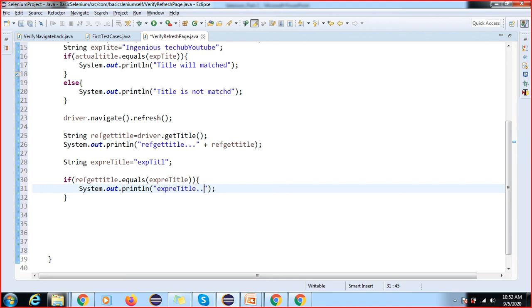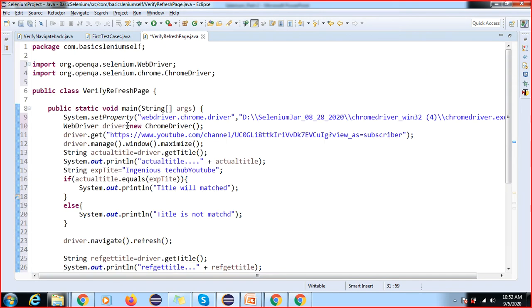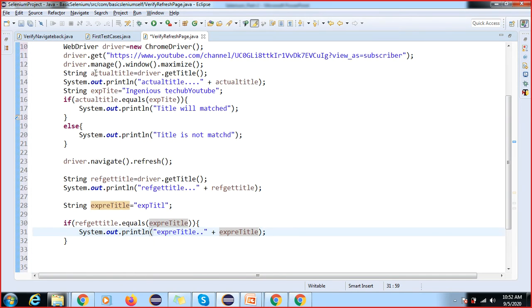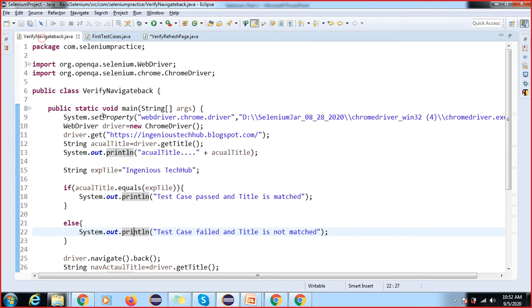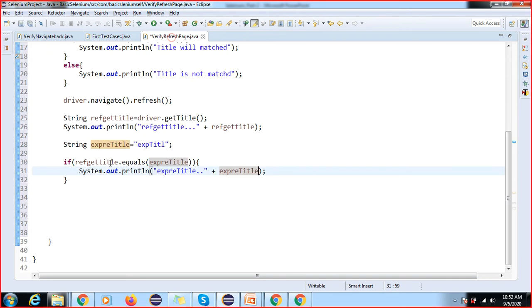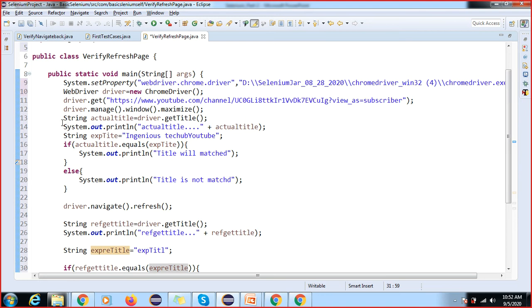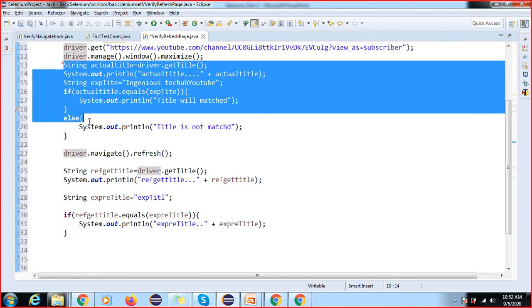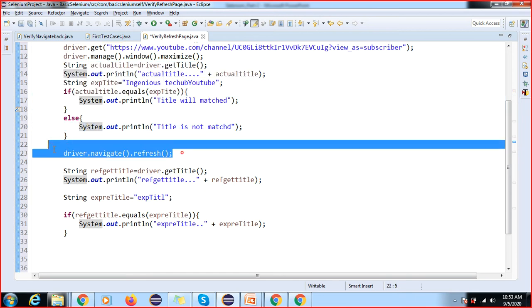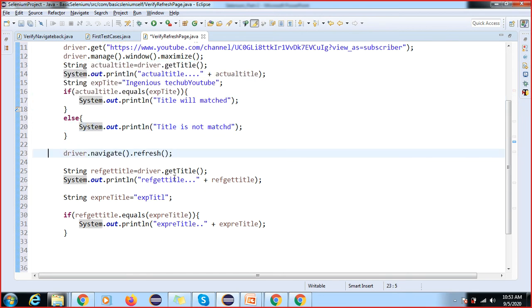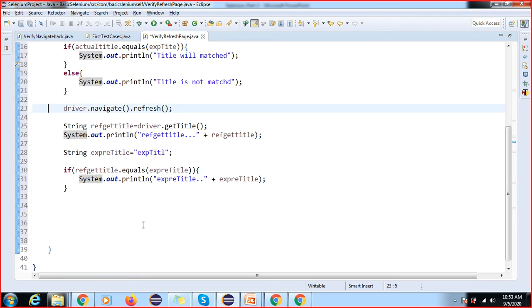So this is your, okay, same thing I did, right? I did not do anything. Whatever we did in the previous example, I am repeating the same thing here. But you can see I am including some new methods and steps. Got it? Here I have added this method and the rest is all repeated. We are not doing anything else, but here I have added one more method after refresh.